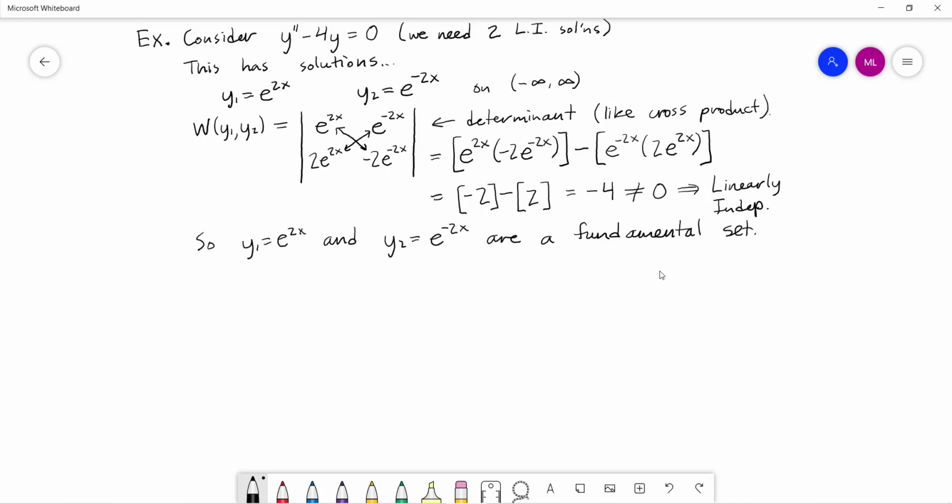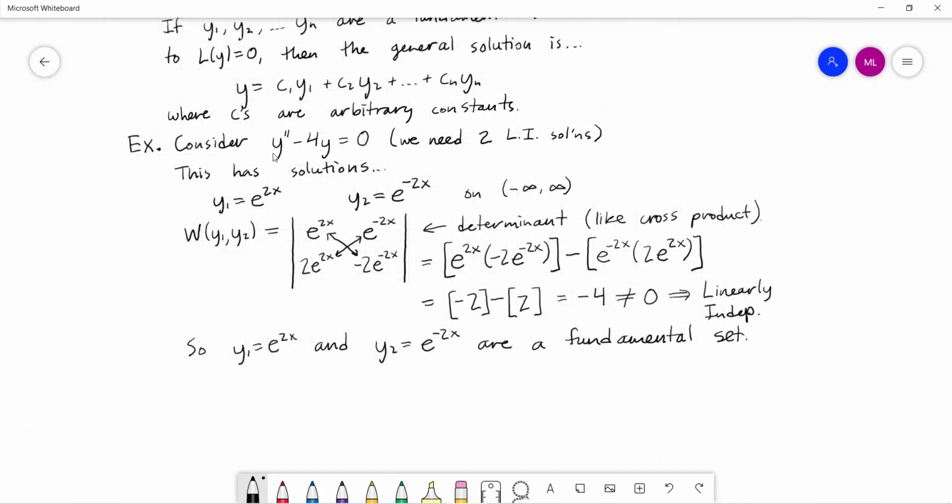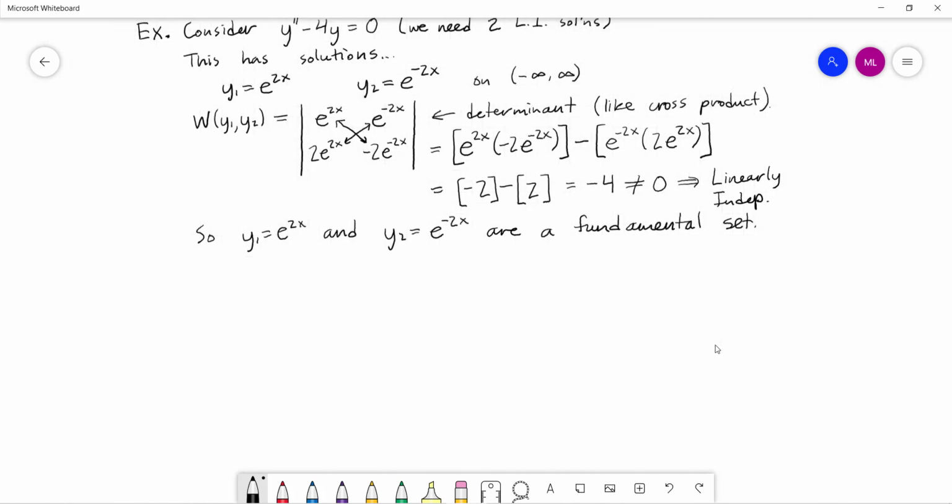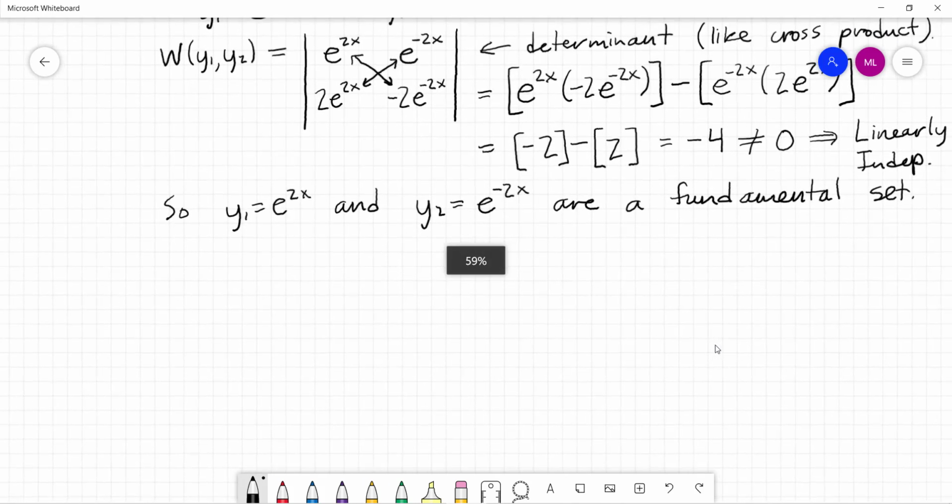I know they're a fundamental set because it's a second order differential equation and we needed two equations that were linearly independent. We found they were linearly independent. There's two of them, so they're a fundamental set. And the general solution